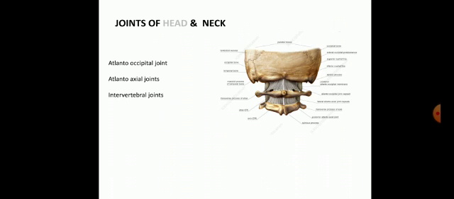And between the cervical vertebrae, between the atlas and occiput, the atlanto-occipital joint is an ellipsoid synovial joint. Between the atlas and axis, there are 3 joints, one in the midline and 2 on the lateral sides. The median atlantoaxial joint is a pivot joint. The lateral atlantoaxial joint is a plain synovial joint. And the joint between the other cervical vertebrae, the intervertebral joint, is an example of a symphysis or secondary cartilaginous joint.